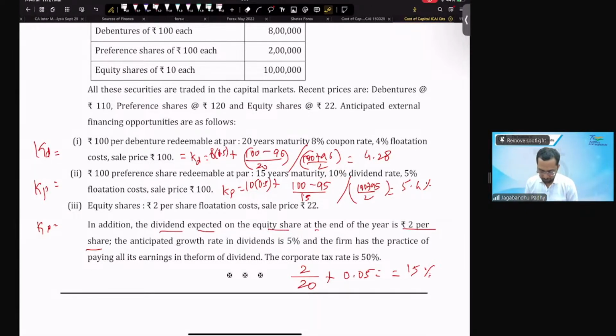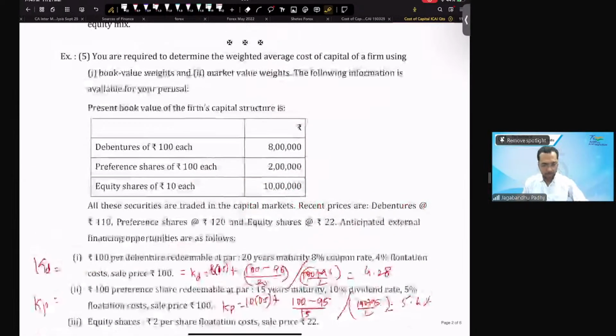Everyone? It's 2 upon 20 plus 0.05, that's 15%, right? Now we have got individually the cost of debt, cost of preference, and cost of equity. Now we have to get the weighted average cost. Now for the weighted average cost,